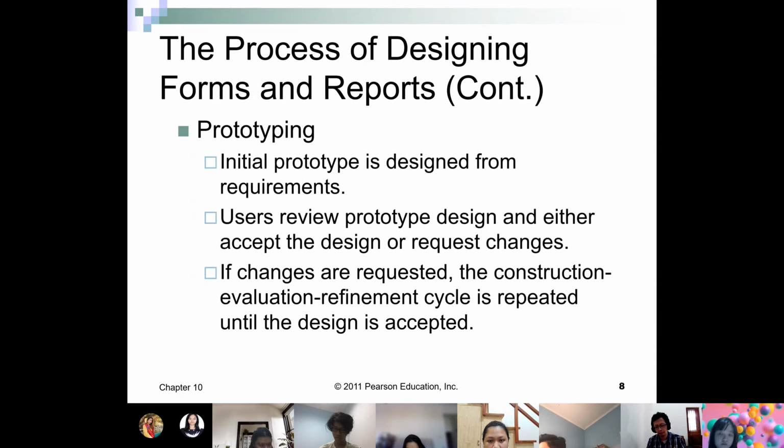You create a mock-up report or mock-up form and ask users to use or read it, and then get their feedback, improve the design, ask the user to use it or read it again, get their feedback, and so on and so forth until the designer and the user reach an agreement: yes, this is the form, and yes, this is the report.